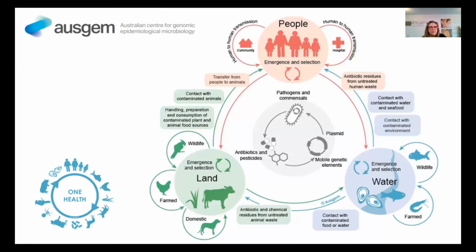The pathways for the transmission are three, and the main three are from people to water and the environment in general, and from the environment back to the humans, back to the animals, and back to the humans via food. So in this presentation, we will cover the first pathway, the pathway between people and the environment,